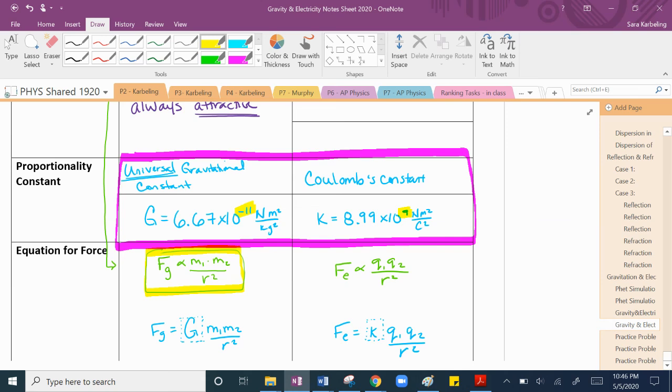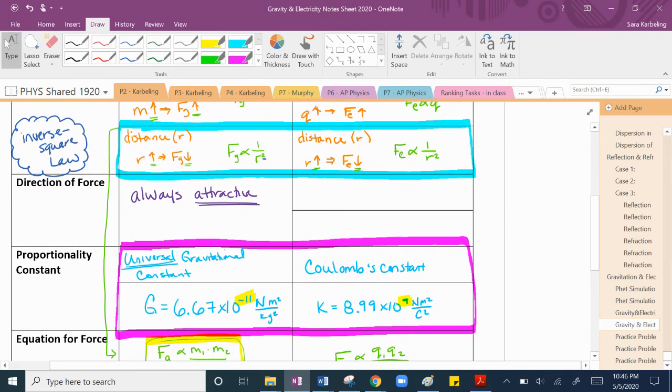All right, the last thing that we've got for this chart is to talk about the direction of force. And this should not be a surprise. You guys have been doing this for a long time, in your science classes for quite a while. So the game is that unlike gravity, where the force is always attractive, in electricity, it depends on the signs of the charges. So it can be attractive,